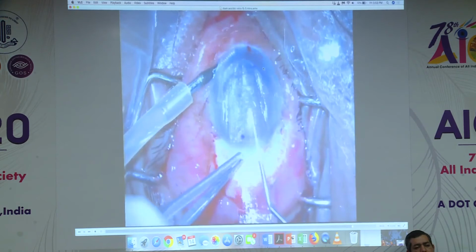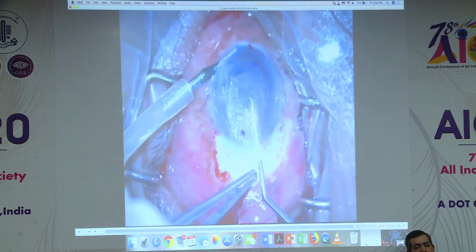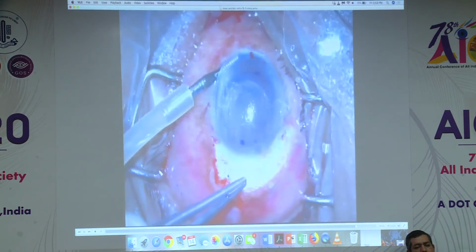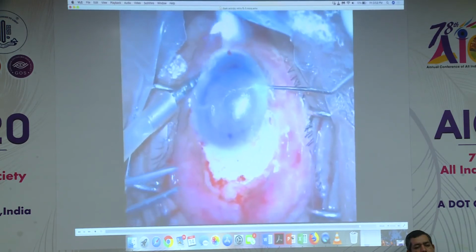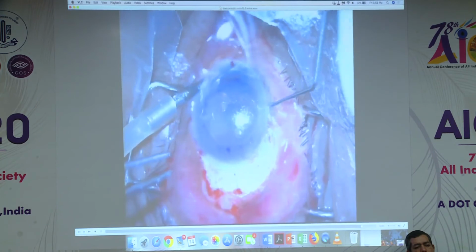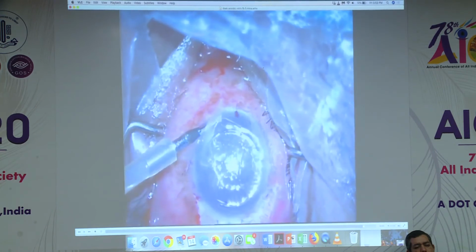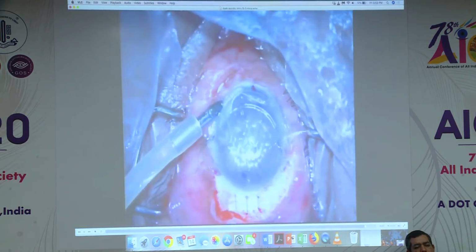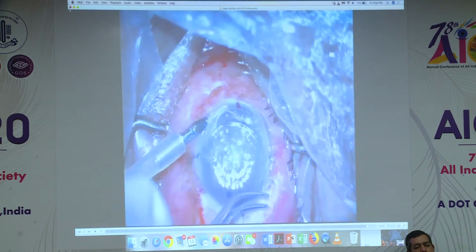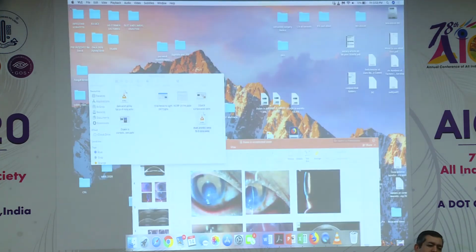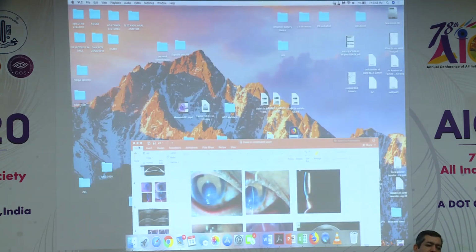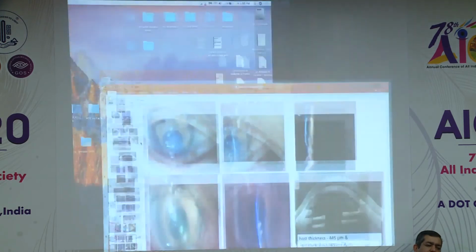This is the case again. Since this technique works best in my hands, I have not even tried to change it. I usually use a 7.5 to 8 millimeter donor lenticule and push it through the lens glide. It has worked very well, so I do not have any extra rebubbling rates or anything like that. And this is the post-op of these cases.